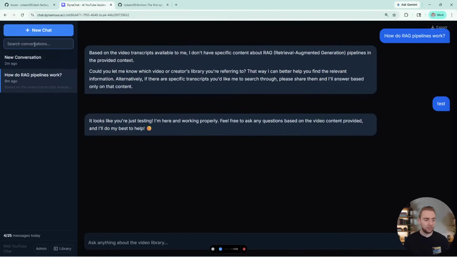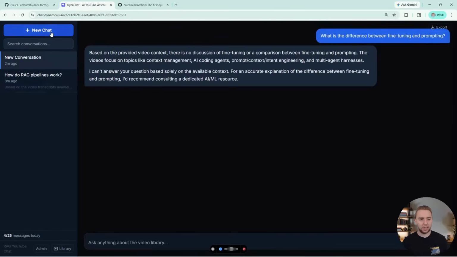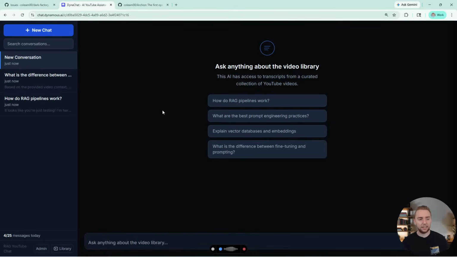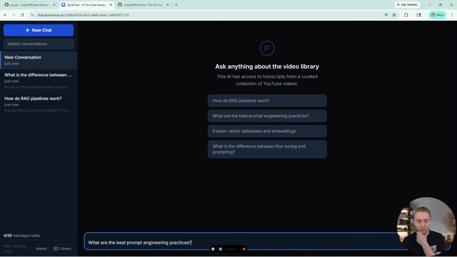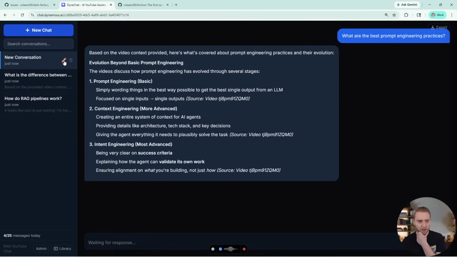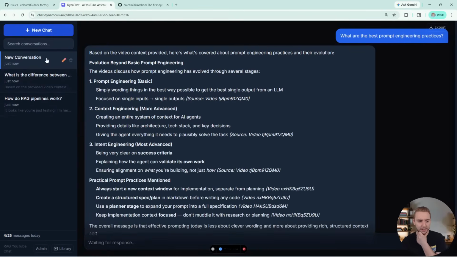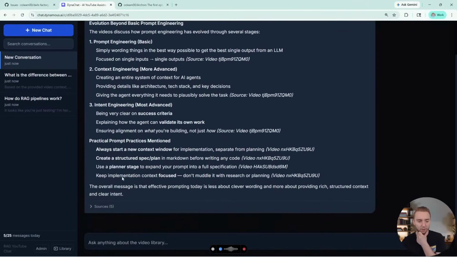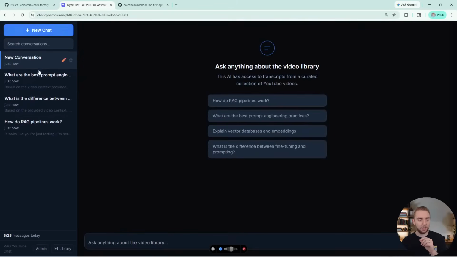And then let's see. The other thing I noticed is that for some reason, the automatic naming of conversations seems to be broken until I start a new conversation. So if I send in a message, I get the response from the agent, it still says that I'm on new conversation. And there's the scrolling issue right there, so it doesn't automatically scroll. But anyway, only when I click on new chat does the other conversation get a name. And then I move on to the new chat that says new conversation. So that's broken as well.